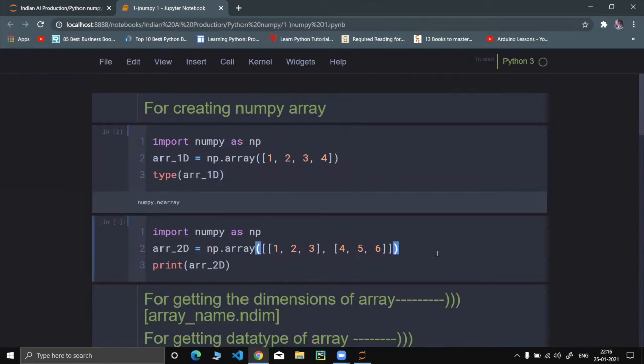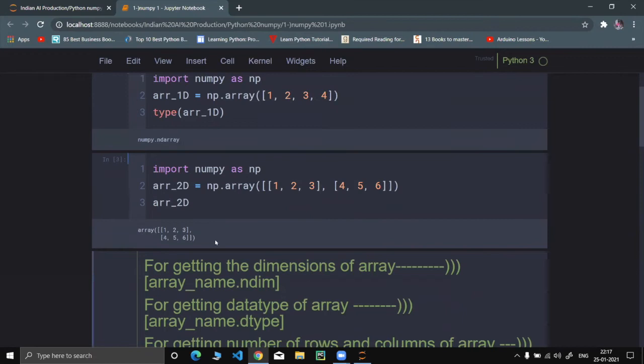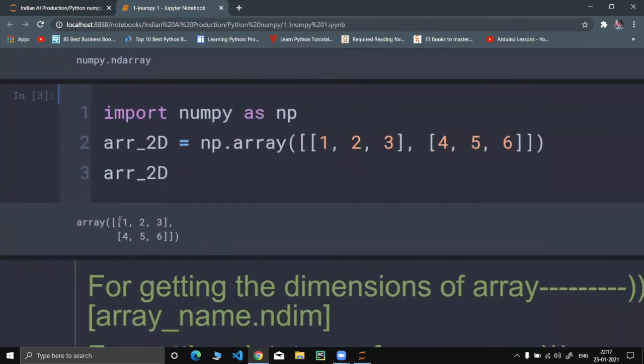Now let us jump to the 2D array. What is the difference? After np.array parenthesis, there are two brackets. This one is the major bracket, and inside it this is the first row, and this is the second row. Let us see what array_2d holds.